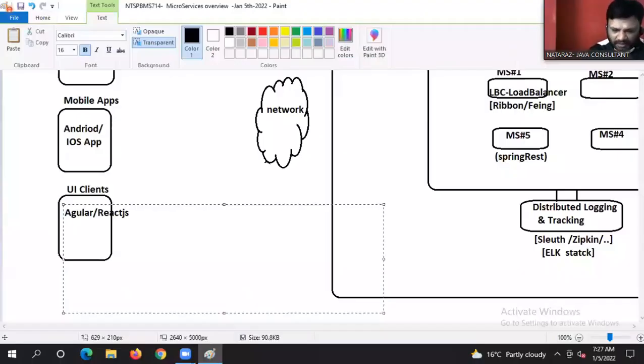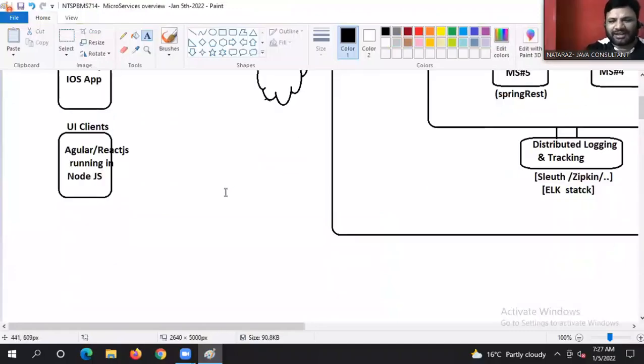React JS running in Node.js environment. Got the point, guys? Postman is only for testing. I'm talking about serious ones.